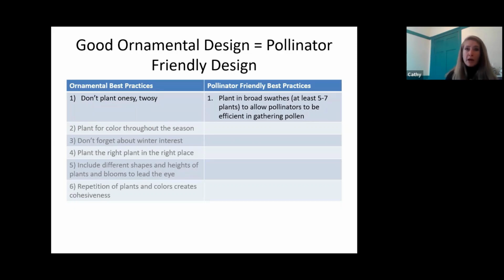In ornamental best practices, we talked about not planting onesie twosie, right? If you talk about pollinator best practices, you want to plant in broad swaths. So at least 5 to 7 plants together. And why do you want to do that? Many of you know these reasons, right? But 30% of native bees are host plant specialists,